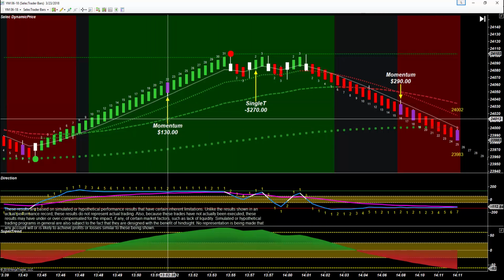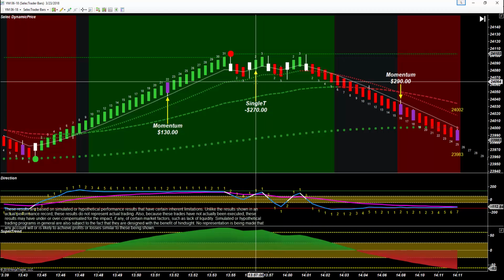And it looks like we're going to make one more run up to the high. We have a momentum here that does grab quite a few extra ticks by trailing at the red DPI price. And we do catch a head fake here. This single T,